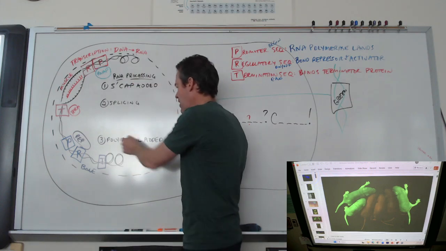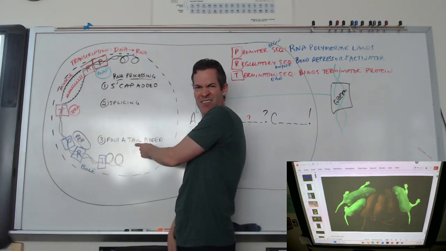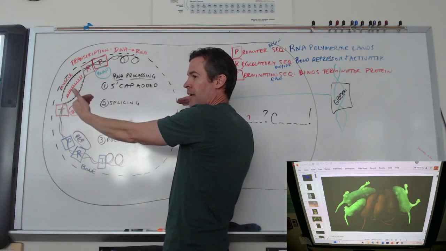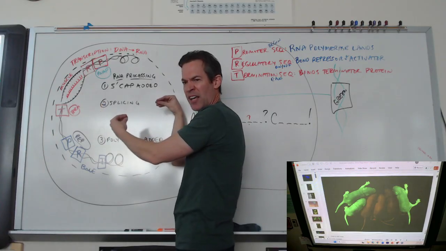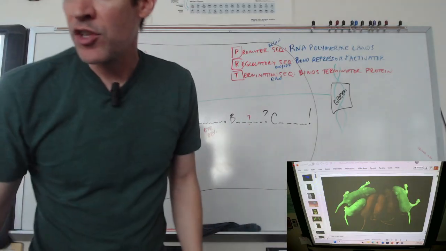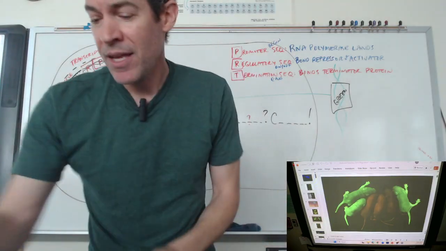And then obviously a poly A tail, that's at the back, that's the end. So I've got this piece of RNA, I put a cap on the front of it, and if I'm adding a tail, that would be on the end of it. So the job of a 5' cap is this.